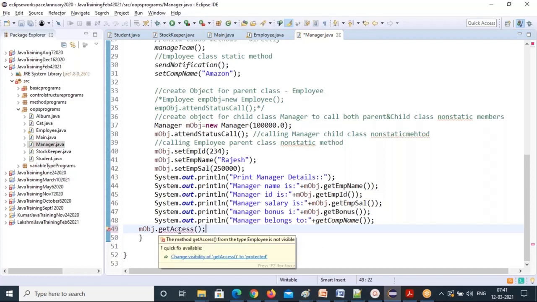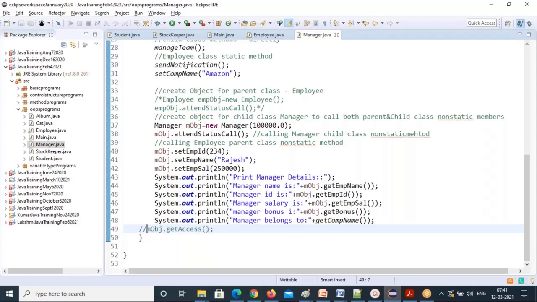From the type employee, it is not visible. Not visible means that it has a private modifier. Clearly you can understand immediately that not visible means some permission issue. So private is not accessible in another class. That's what we learned from the beginning itself. The private is going to stop access. Done. Next, this is called inheritance.